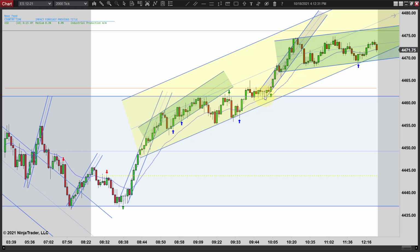You really got three times, but there's no space in there. But when it breaks lower right here and turns up and goes out the other side, I like going long there. It's a little bit aggressive, so I marked it green. But when you test that support that many times, that form of resistance, and it acts as support, I mean,